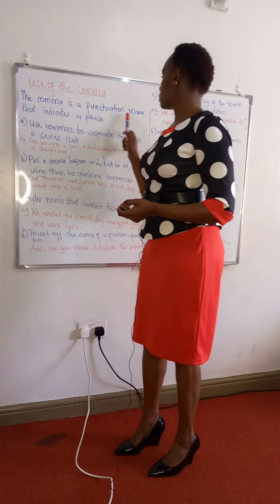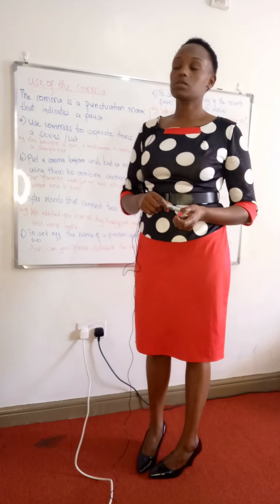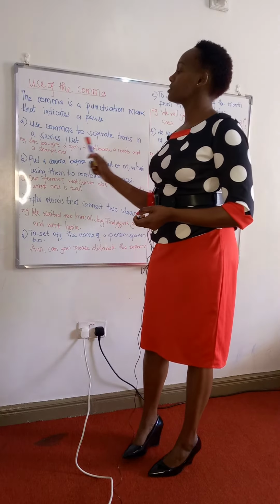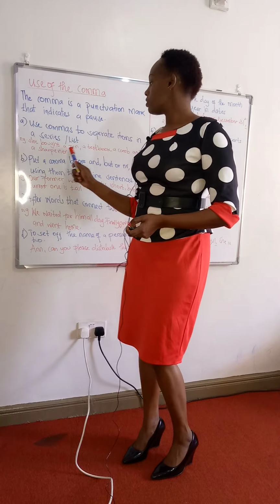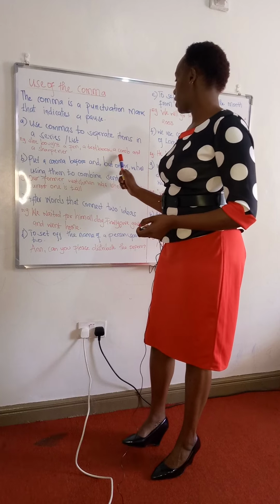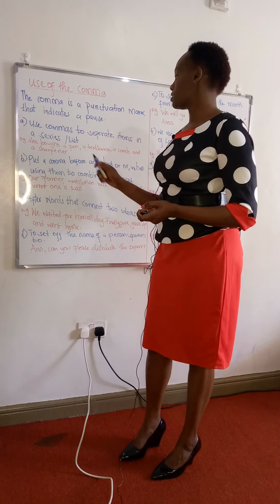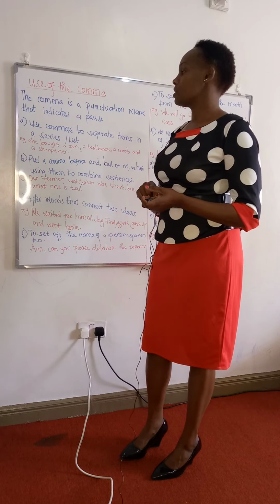The comma is a punctuation mark that indicates a pause. Let us now look at the uses of a comma. 1. We use commas to separate items in a series or a list. For example, she bought a pen, a textbook, a comb, and a sharpener. In this sentence, you will notice that a comma has been used to separate the items in a list that